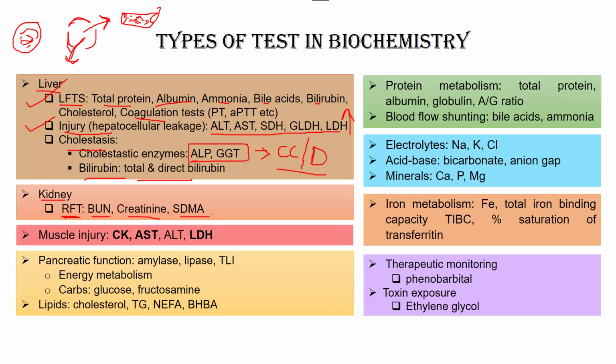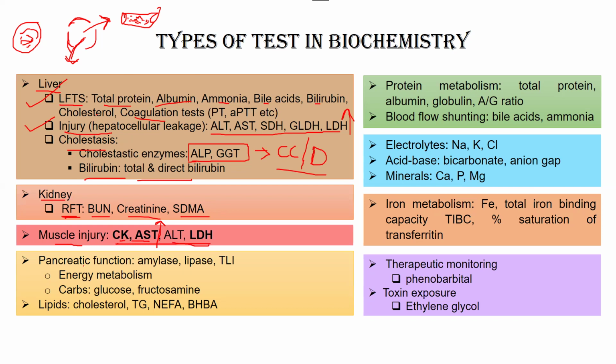We will see their detail when we will see RFTs, but right now I'm just mentioning their names. When you want to detect muscle injury, you can see these four enzymes. Specifically, CK and AST are very sensitive to muscle. Their level will be highly increased. But as far as ALT or these are concerned, they are also going to be raised with liver. But these two enzymes specifically tell you muscle injuries.